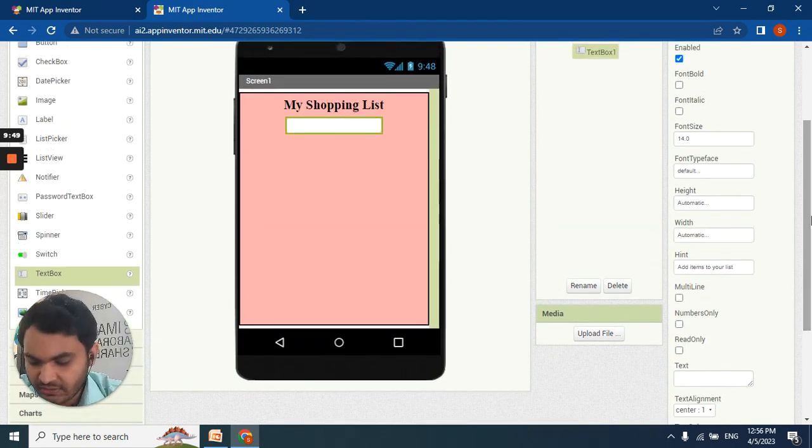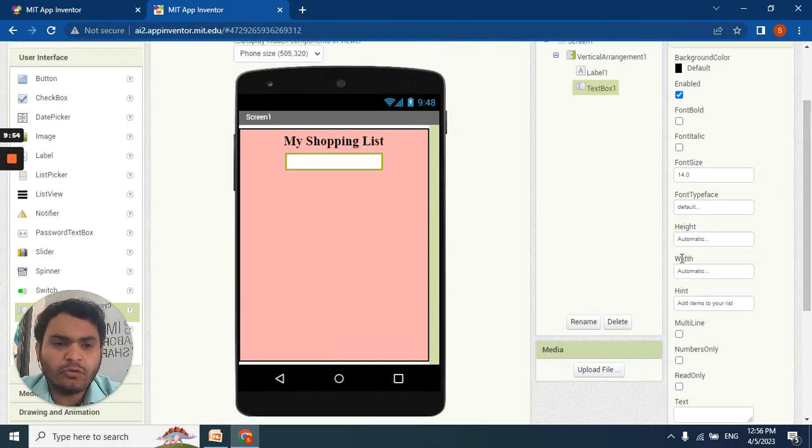Now next, if you want to make fill parent, you also can change your text box width to fill parent. Okay, next